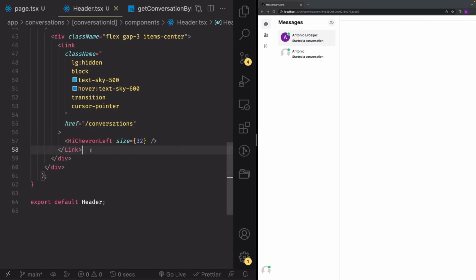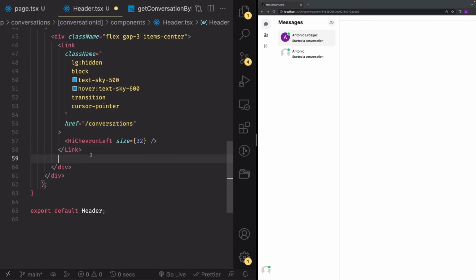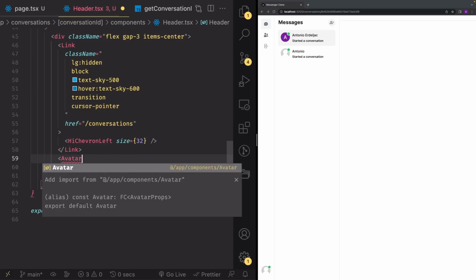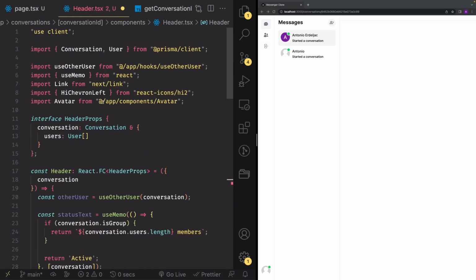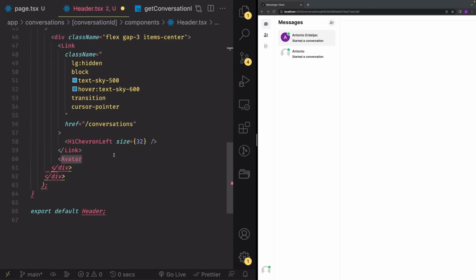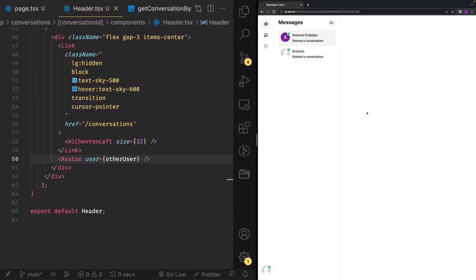things for desktop. Great. So below this link right here, go ahead and write the Avatar component, which you can import from @/app/components/Avatar. We already used it a few times in the project. Great. It is a self-closing tag, and the user you're going to pass is otherUser like that, and just save the file. And in a couple of seconds, you should see the same image of this user you selected